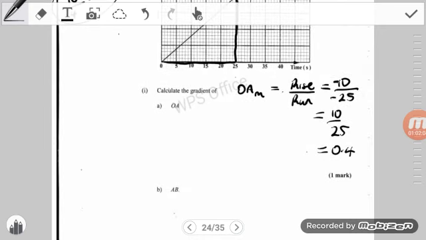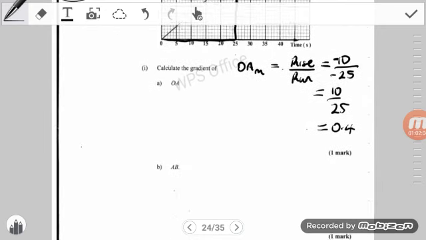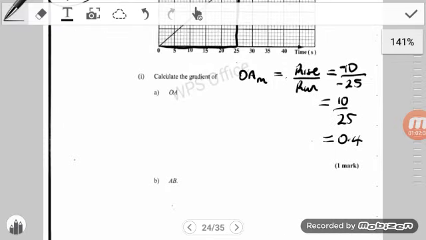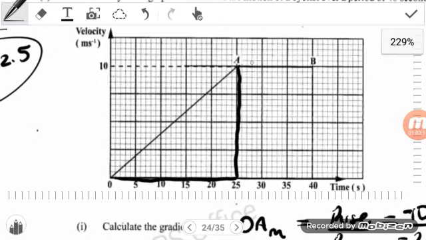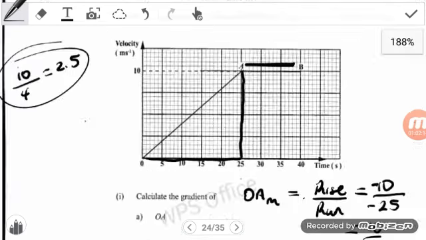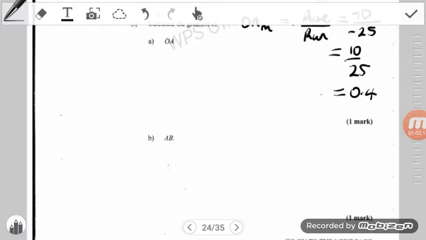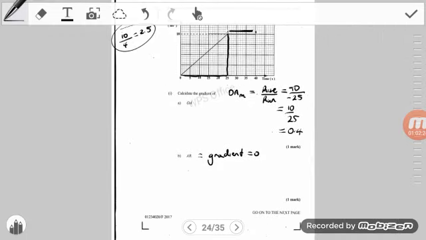Okay? We also need the gradient of AB. So AB here. This is AB. Yes, that's AB. The gradient of AB is 0 because there is no rise. There is a run, but there is no rise. So if there is no rise, so if you were to even use the formula to say rise over run, then you clearly see that there is no rise,